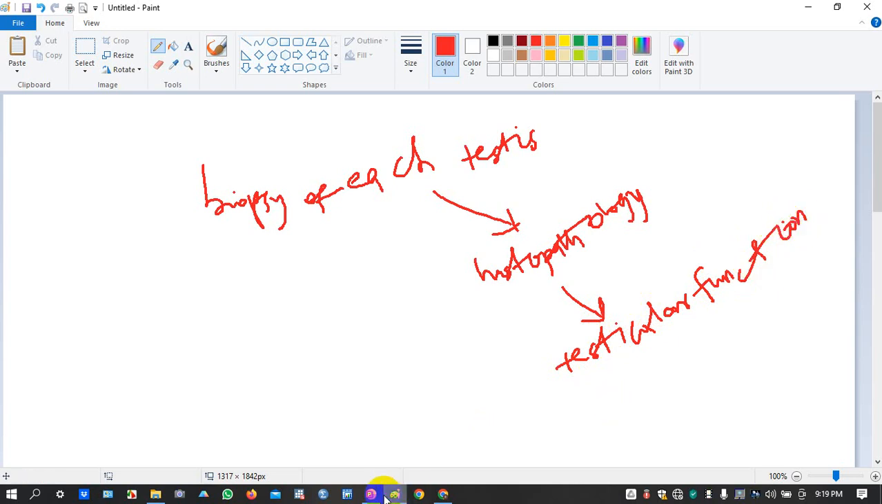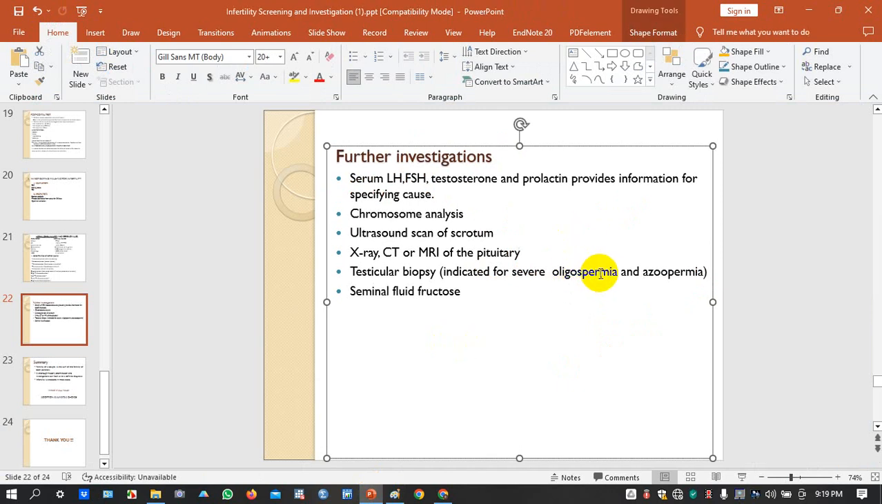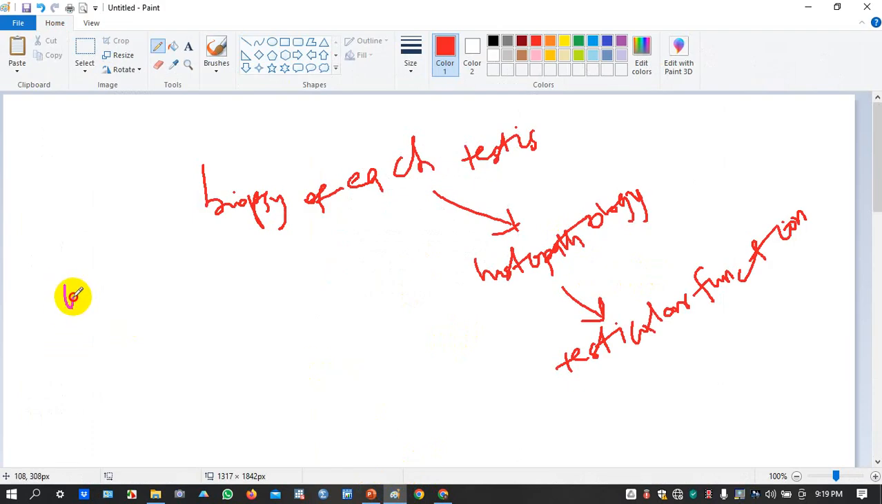Okay, so that is about it. So oligospermia, low sperm count, and azoospermia, you do this testicular biopsy. So if you see that the testicles are functioning normally, then the urologist, the urologists are medical specialists or medical doctors who have specialized